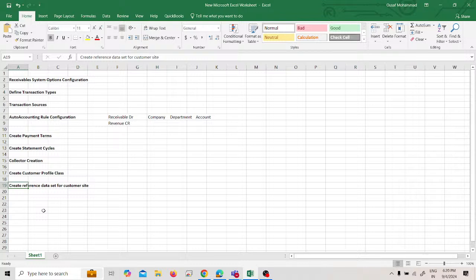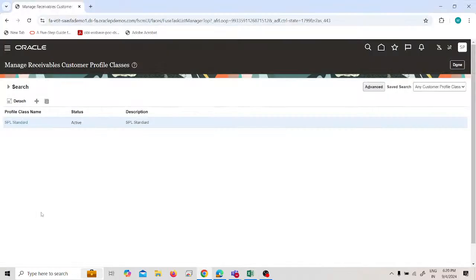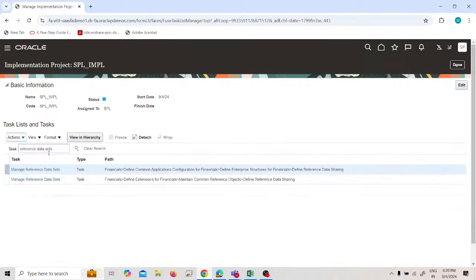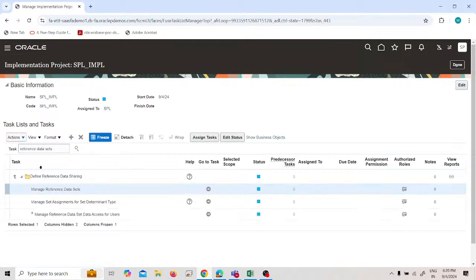Okay, so now we will go and set the reference data set. Okay, in the project we have completed this Manage Receivable Customer Profile Classes. Now we'll move forward to the reference data sets. So now we'll go to Manage Reference Data Set. Okay, go to the task option,